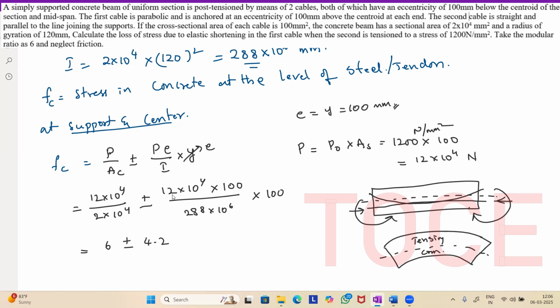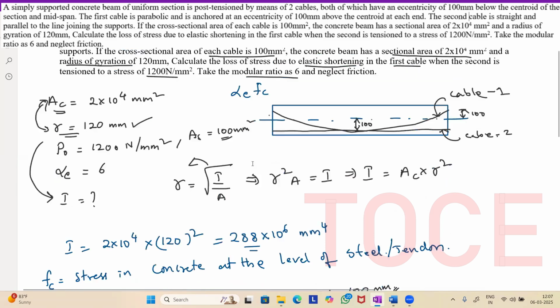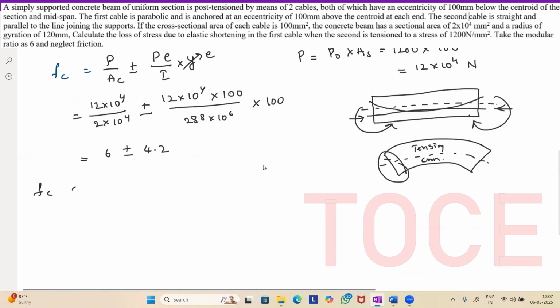Okay. So at the support, the tendon is in the tension zone, above the neutral axis. So at support, we will be taking minus, because our tendon eccentricity is in tension. It is above the neutral axis. So if you see here, it is above the neutral axis at the support. Okay. So FC at support